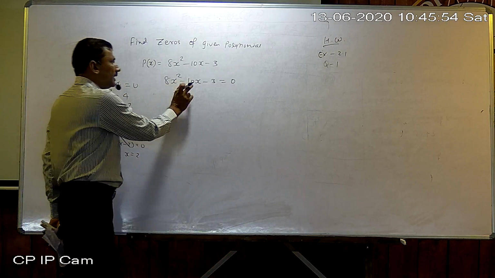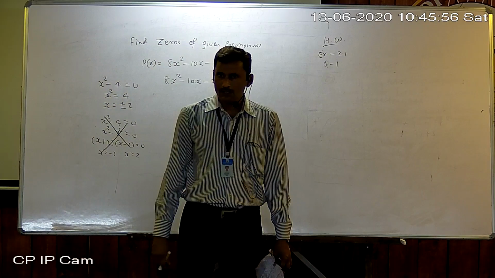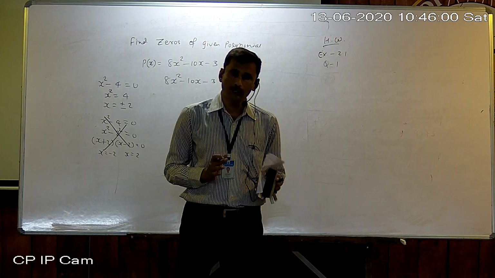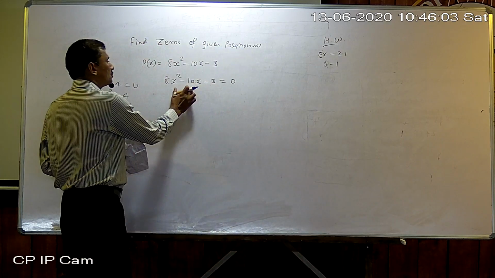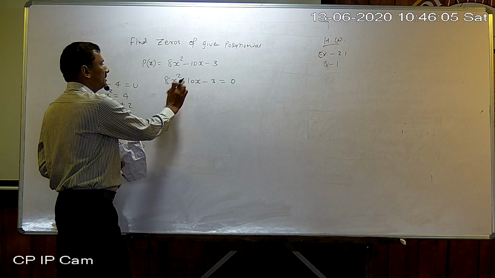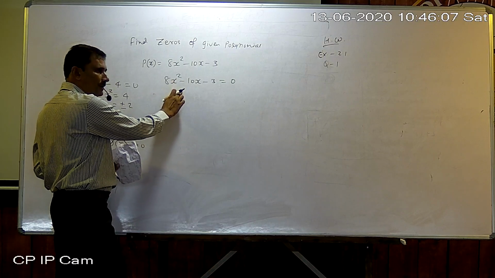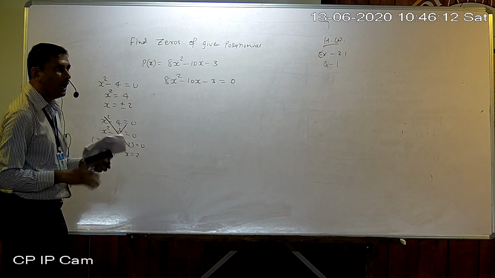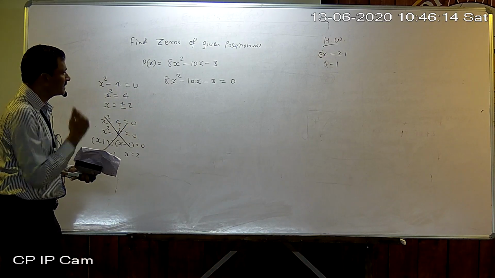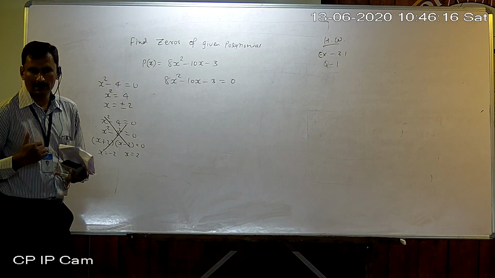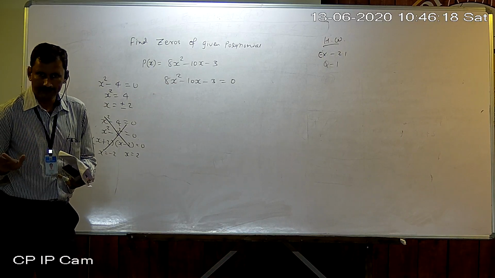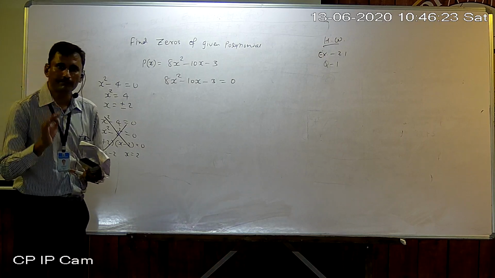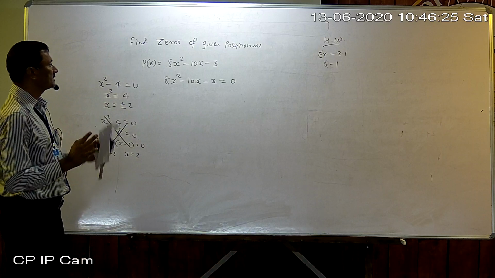But in a quadratic trinomial, this is the main portion of this lesson, to factorize a quadratic polynomial. Factorization should be there. Without factorization you cannot find the value of x, meaning the zeros of the polynomial. Okay, so now how to factorize this quadratic trinomial? For a quadratic trinomial, no formula is there, but a method is there. Now first of all understand what the method is.